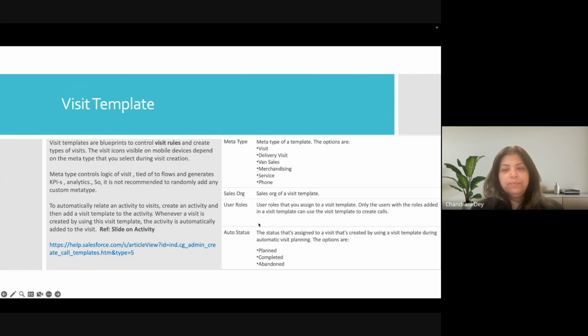If we see this sales org, the sales org of the visit template is also important. You have seen that sales org is tied up with a lot of objects in Consumer Goods Cloud. So all those matches, the Consumer Goods Cloud application will take into account. And then the user, a particular user role is also